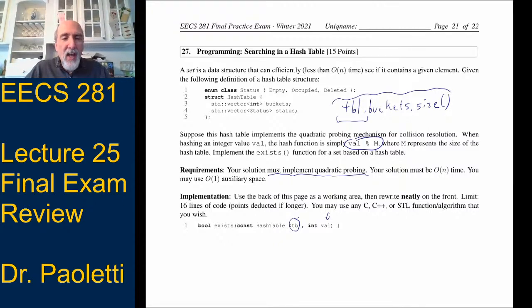Okay, so we're going to have an index of where we're going to start. And we're actually going to have to keep that starting index to do quadratic probing properly. Because remember, quadratic probing says we do the hash, and then if it's not there, we skip forward from the original position 1 squared or 2 squared or 3 squared or 4 squared. It's not 1 squared from the previous one, 2 squared from there, 3 squared from there. It's always original location plus j squared.